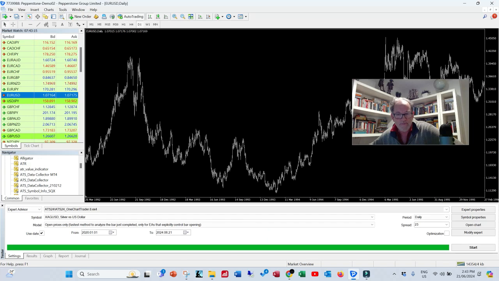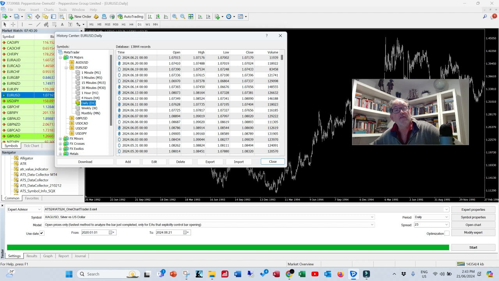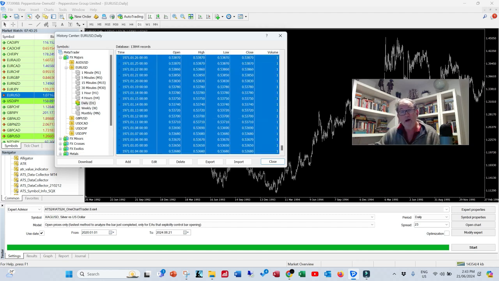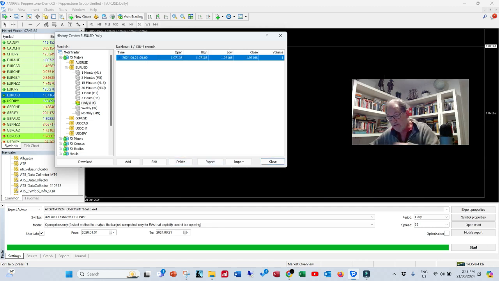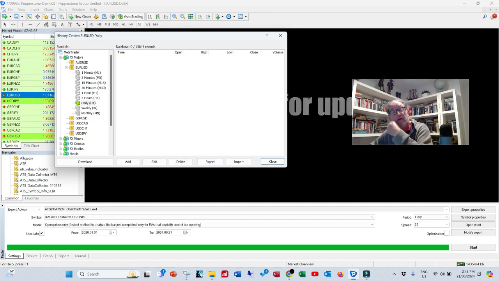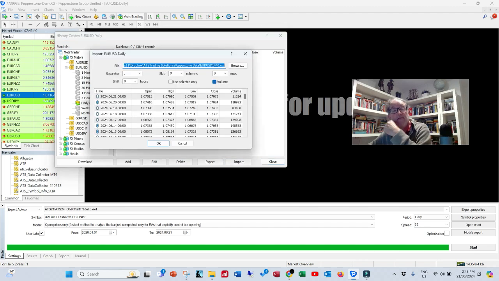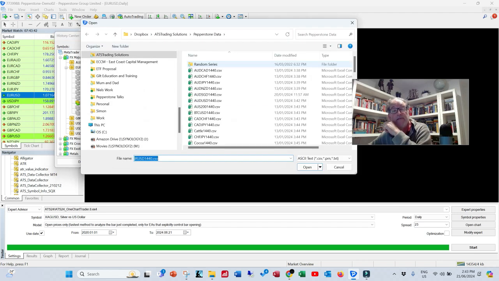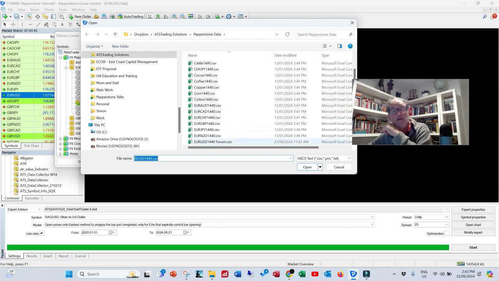I'm going to it here. Go to the tools, go to history. I go to EURUSD, the daily. Now the first thing I want to do is I want to delete all of the files that's currently in this history because I want to now import the file back that I've just created. So I go delete and delete all references, delete. So now I want to import that file I've created. So I find it and it's down here, EURUSD, this one here, open,